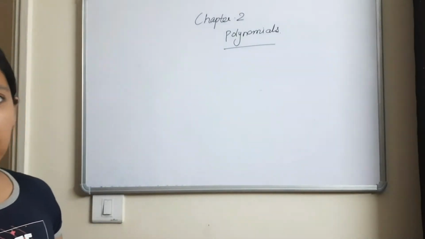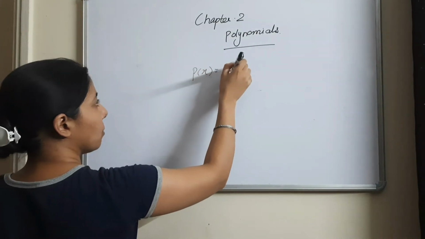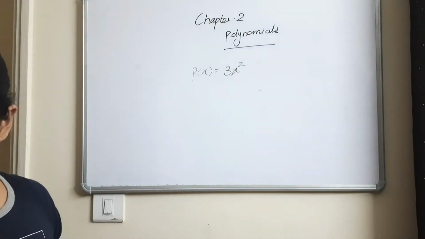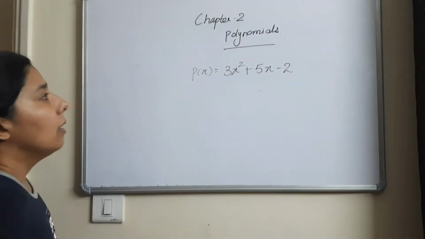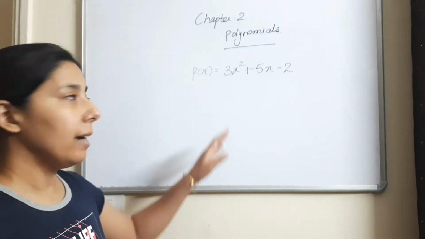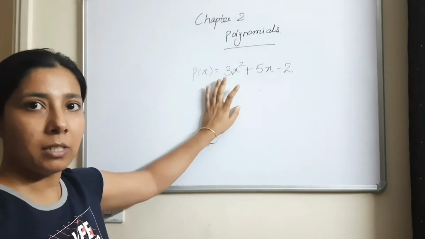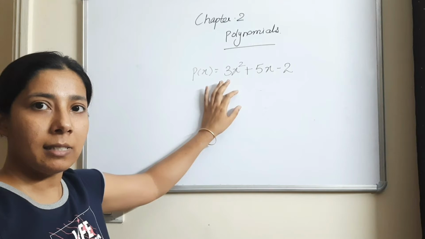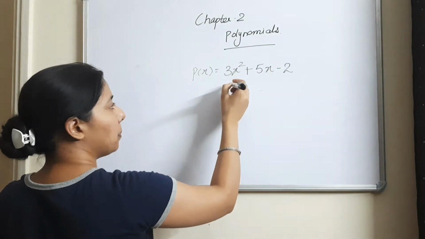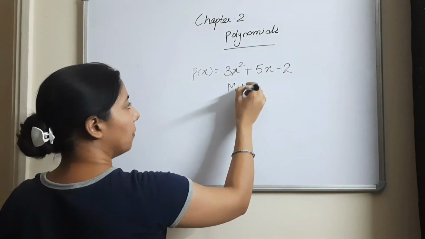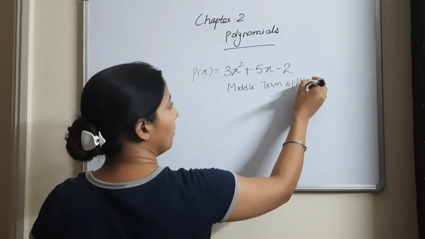So let's take one more example, like the polynomial given is P of x equals 3x square plus 5x minus 2. If you check the previous questions, you will find that there was nothing before x square, but this question has a term before x square, which is 3. Now this question will take one more step to solve. We will be using the same method, that is middle term splitting, which I explained.